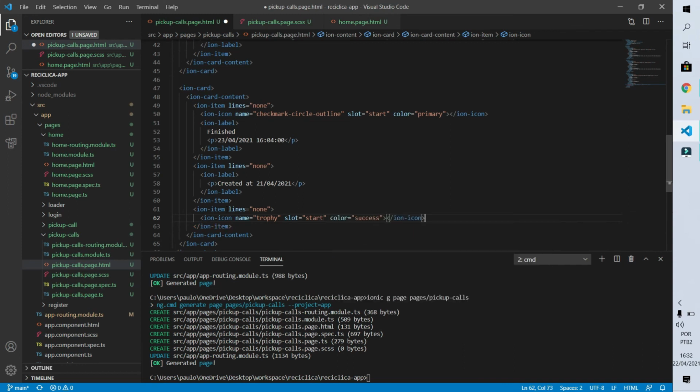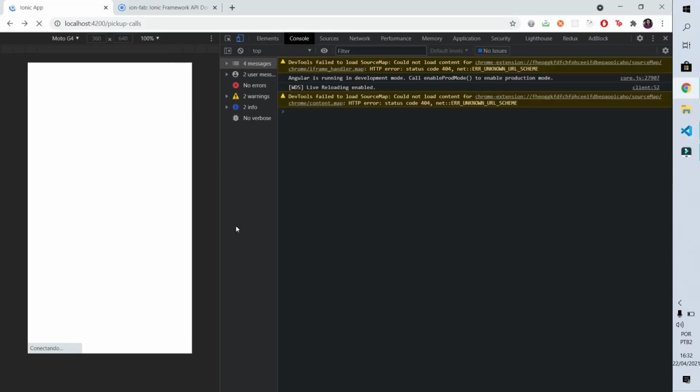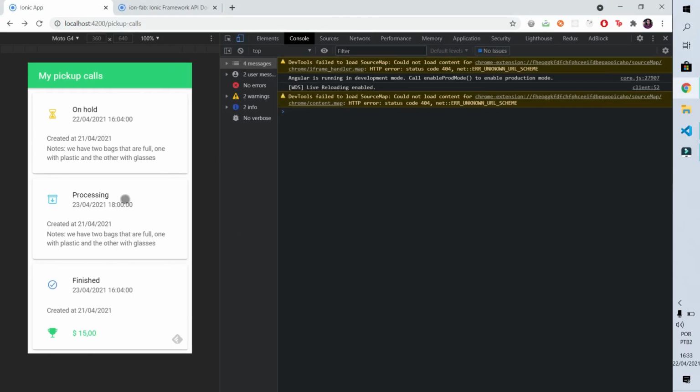Finally, I'll inform what value our partner ended up receiving for that call. I'll inform that the value is 15 monies and I'll inform its color will be green, I mean success. Let's save it and see how it turned out. Alright, our screen looks great. The 3 statuses are here and they are very differentiable from each other.